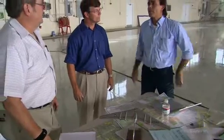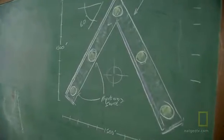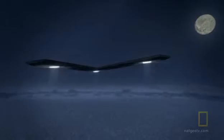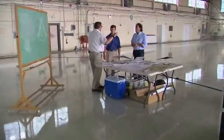But that leaves them with no explanation for how such a craft could fly. That is, if it used earthly technologies. The biggest challenge, the bottom line, basically is where does the energy come from? Well, I know of no technologies, mature technologies today that can do such a thing. So it seems a craft as described by the witnesses would be